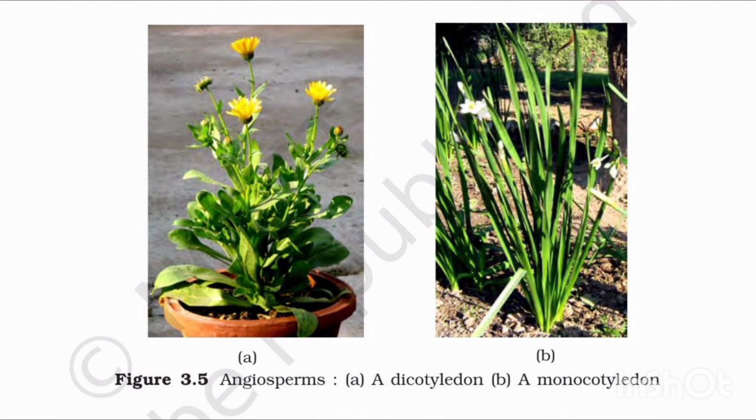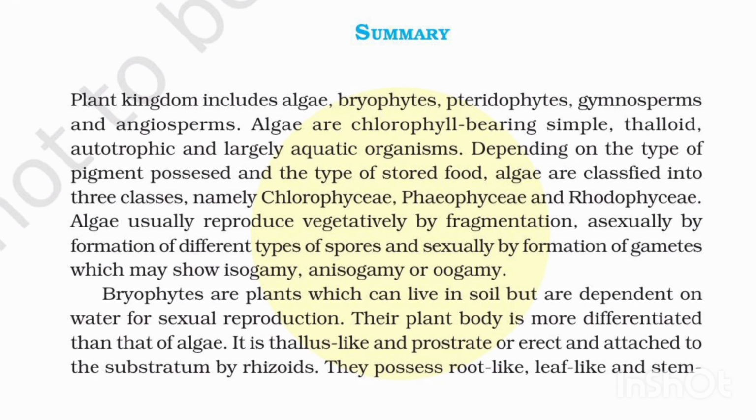B. A monocotyledon. Summary. Plant kingdom includes algae, bryophytes, pteridophytes, gymnosperms, and angiosperms. Algae are chlorophyll-bearing, simple, thalloid, autotrophic, and largely aquatic organisms. Depending on the type of pigment possessed and the type of stored food, algae are classified into 3 classes, namely